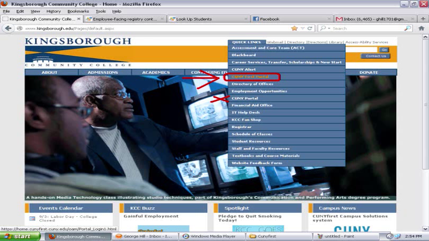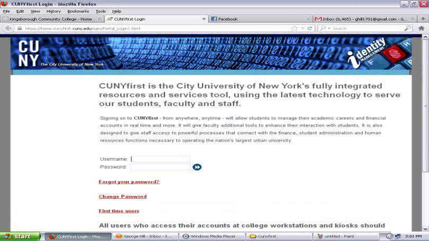Cuny portal would get you to Blackboard, degree audit, other sorts of things. Cunyfirst portal will get you to the registration system. So make sure you click Cunyfirst portal. And it will bring you to this screen right here where you can log in using your username and